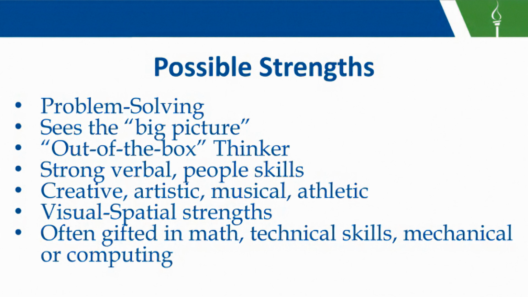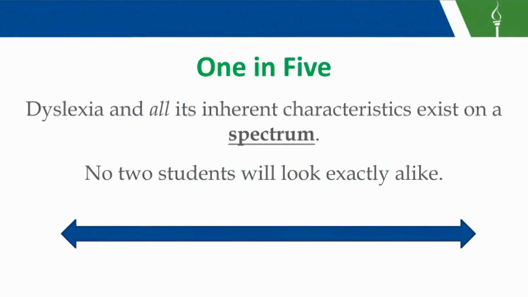Oftentimes they are strong in their people skills and creative, artistic, musical, or athletic. Some of those spatial weaknesses that they have for flat, two-dimensional inputs might not translate into those three-dimensional strengths. Sometimes we see them being quite skilled in math, mechanics, or computing. Dyslexia and all of these characteristics that we have mentioned exist on a spectrum. No two students who are at risk for dyslexia will look exactly alike, even those within the same family tree